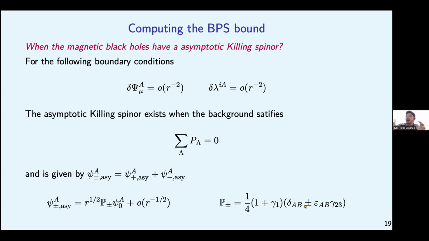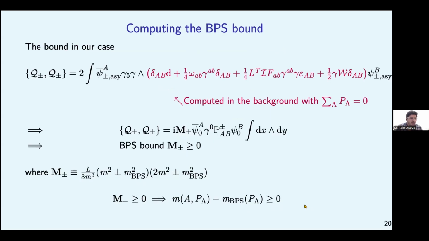Each of them kills 1/2 of the full BPS. In this case, we are in N equal 2. Okay, so we now can plug in the Christoffel formula for the commutator, the Dirac bracket between the supercharges, but on a background that satisfies the topological twist condition. So all this that is in purple is the supercovariant derivative, and we will evaluate this in the configuration that satisfies the topological twist, and we will do the sandwich with the asymptotic Killing spinor. So we have two bounds in principle, one with the plus and one with the minus. So one